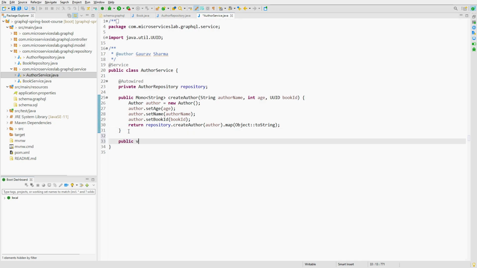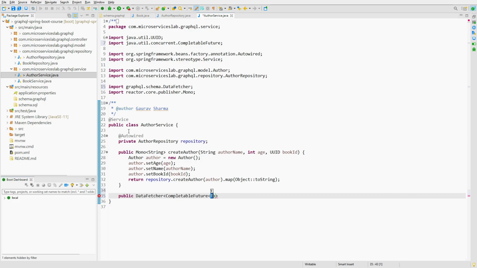Public DataFetcher, and again we have to use the CompletableFuture because the GraphQL Java API doesn't support the reactor type, and we are going to receive the Author. So I have to mention Author over here, and let us name this method authorDataFetcher.